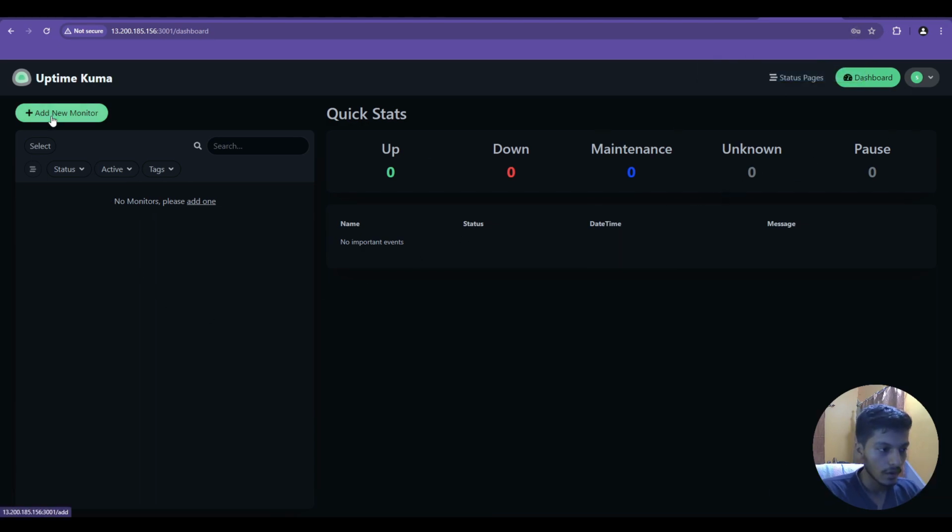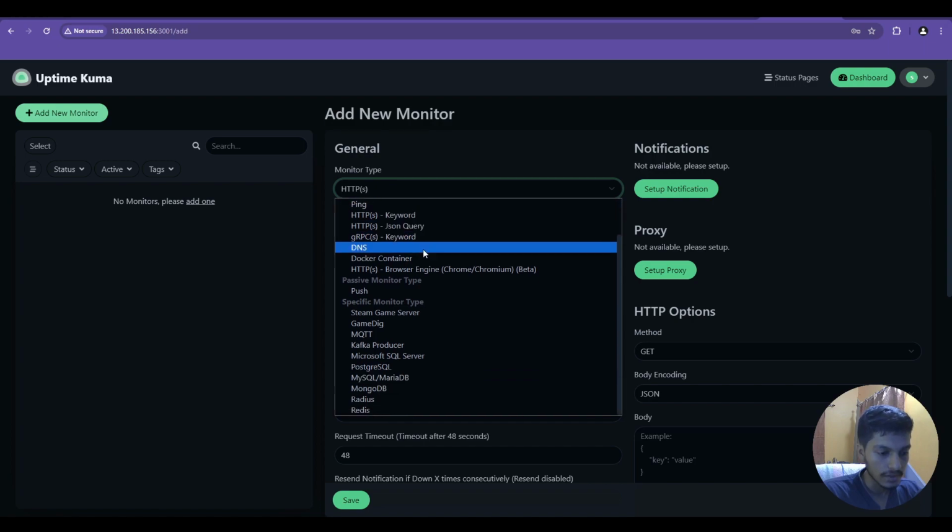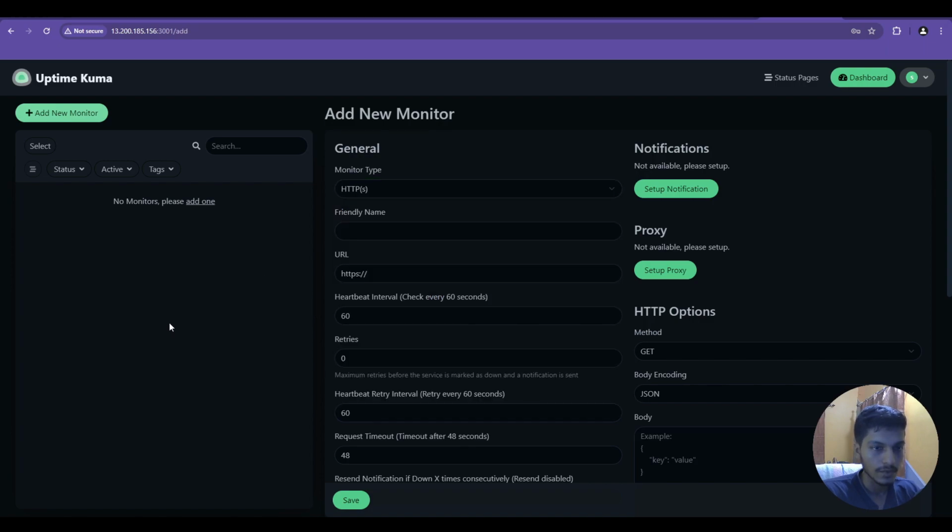You can add or monitor any applications you want. Click on add new monitor. You can simply add anything like HTTPS, or you can also monitor your Postgres database, then Redis, then Kafka producer, and everything you can just simply look forward to from this Uptime Kuma dashboard. I would show you some basic things, like let's monitor my main website